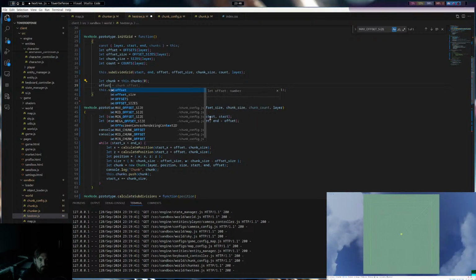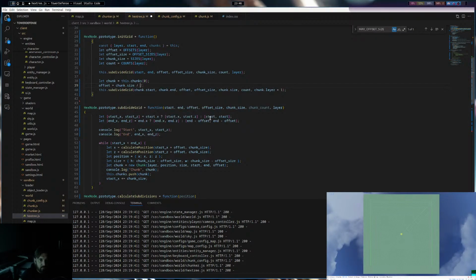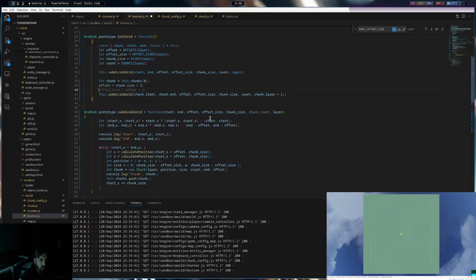What we are going to do is say offset equals chunk size divided by 3. Offset size equals, oh, wait.